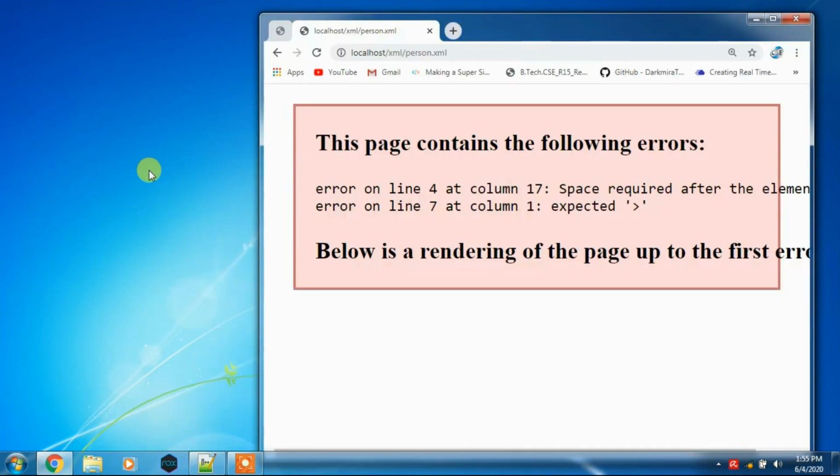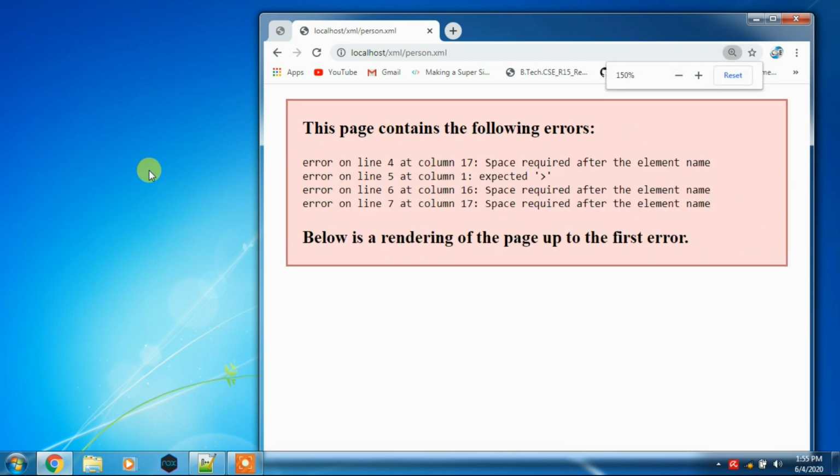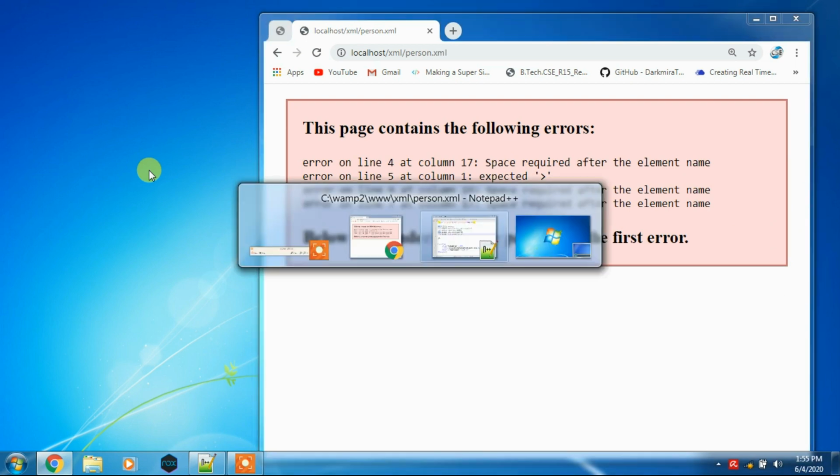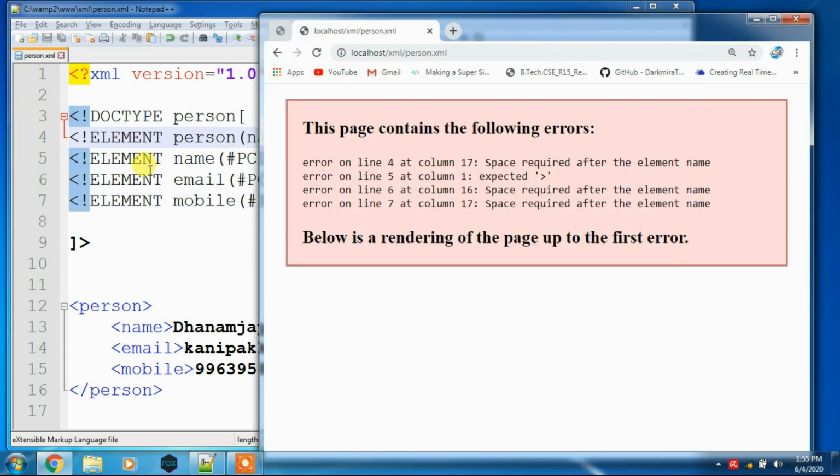Let me check. Okay, so the space is required, error line number 4. Here I have to end the angular bracket. Now let me check.